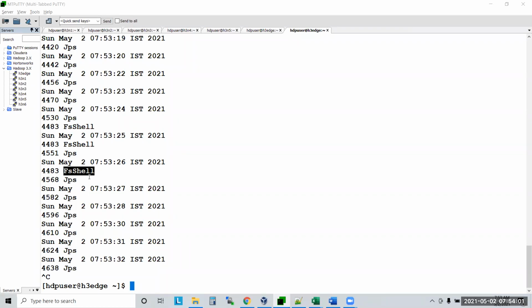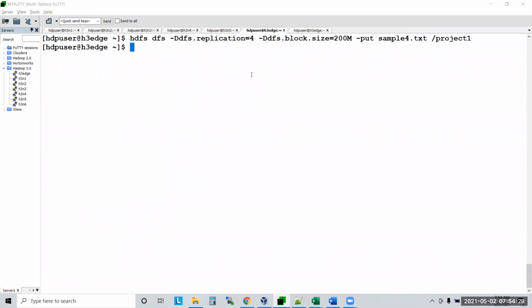Don't think that these are separate FSL. With the PID you can confirm that it is a single FSL only. But how long the single FSL has been running, that is those many seconds: 3 seconds it has run. After the 3rd second it is not there. FSL closed, because to copy this file it took 3 seconds. It means to execute this command it took 3 seconds. Clear?